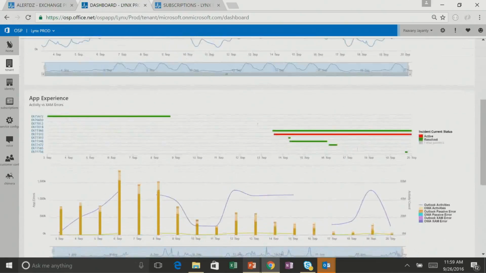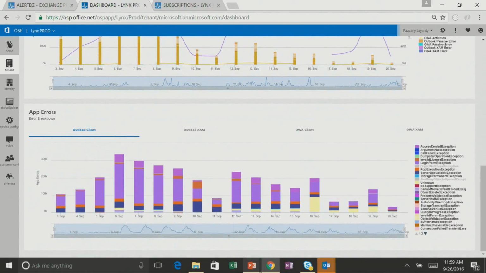So let's switch gears for a little bit, and let's assume the service is running just fine. Everything's peachy, the service is humming along. This is our steady state. So what is Lynx doing in the meanwhile? In the background, Lynx is continuously assessing every single user. Even if the service availability is up at 100, Lynx is revving in the background. And what we're doing here is gleaning a bunch of insights about our customers.